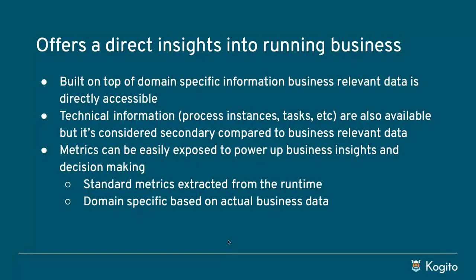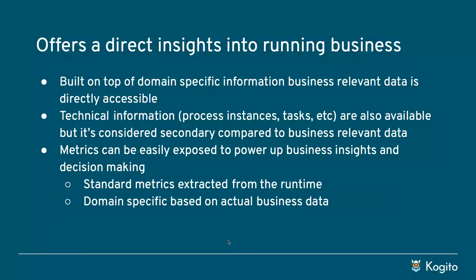So going back to slides, what we could actually see here is that thanks to the domain specific information or the business relevant data that are directly accessible, and not hidden behind the processes or task or decision, we can take advantage of this information directly, because the system and the clients connected to it will talk immediately with the relevant information. It's not going to ask the system to give me all process instances. No, it will ask for give me all travel requests open. So this is the main